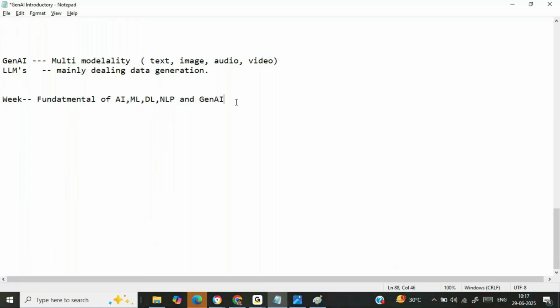world. We will be discussing certain applications, say ChatGPT, and then some applications I will walk you through, how these particular applications are working. Okay, how these particular applications were developed. So these particular things are there inside week one. Okay, inside week two,